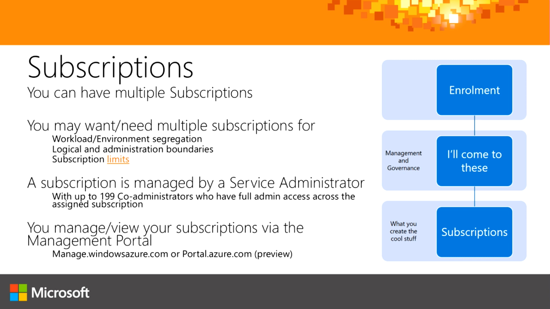Then there's also logical or administrative boundaries. So what I find is if I'm working with an organisation that traditionally has separated dev, UAT and production into different virtual networks, or they have other network boundaries that they implement, because it tends to become a good logical boundary or border for you to go and put things into a different subscription. Now, having said that, you don't want to have hundreds and hundreds of subscriptions. Use them wisely,